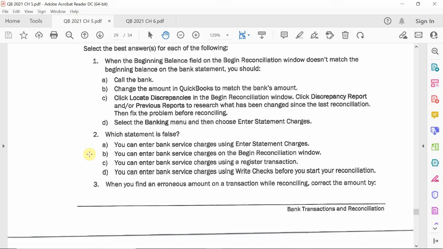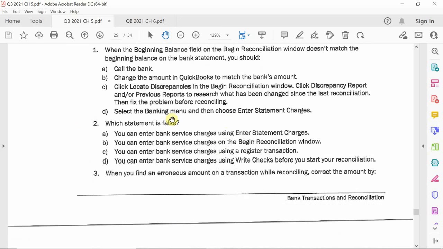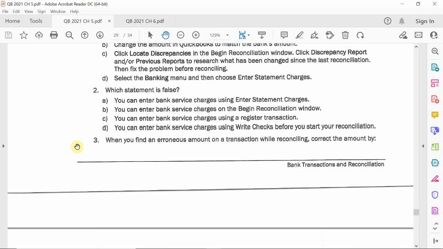So that's what B says, that you're going to enter the charges into your register. You don't need to do that. Or that's the second one. Letter C. Letter B says to do it right in the beginning reconciliation window. Or you can use the write checks option. But again, why double up the entries when you can just do it right in your begin reconciliation window? Okay. Number 3, when you find an erroneous amount on your transactions while reconciling, correct the amount by